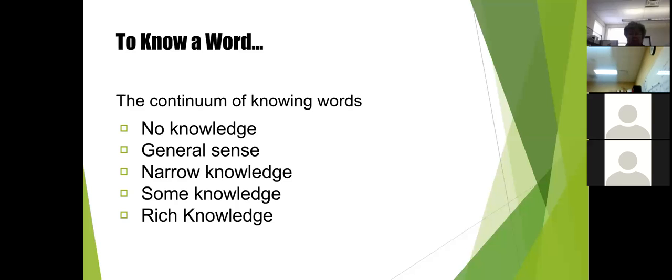Next, the child is beginning to gain a deeper understanding of the word meaning, but might have some difficulty using it in appropriate situations. And finally, the child has a rich knowledge of the word and is able to readily use the word and can teach others about the meaning of the word. As you can see, it takes multiple exposures to a word for a child to internalize its meaning and use it appropriately.